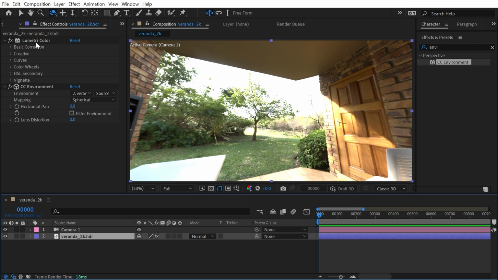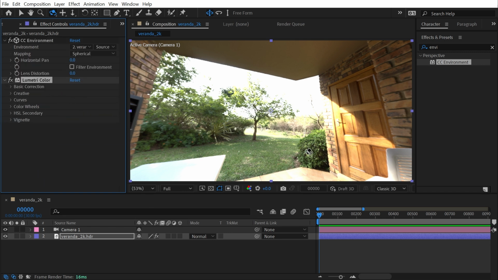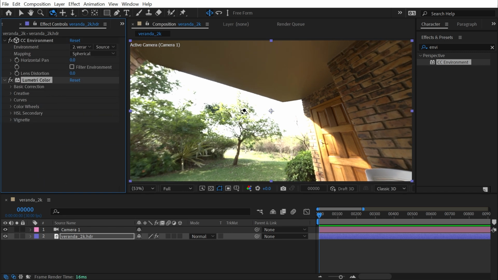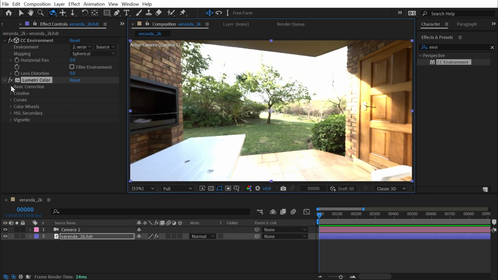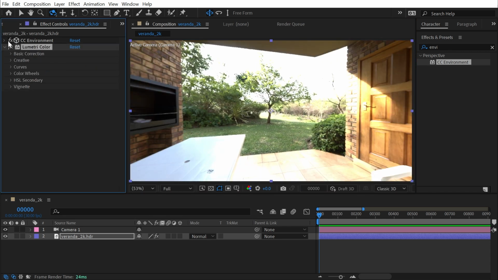Now that effect overwrites anything before it. So if I make any adjustments here, we're not gonna see them on the CC Environment version. So I need to move Lumetri Color after that. But now we can take a look at these controls. And there are a lot of them, so bear with me, but we're gonna walk through each and every one